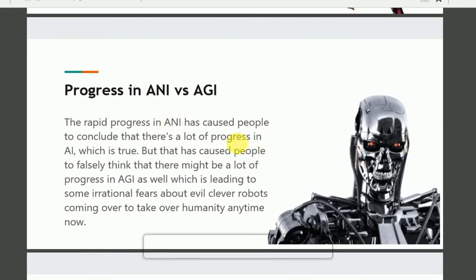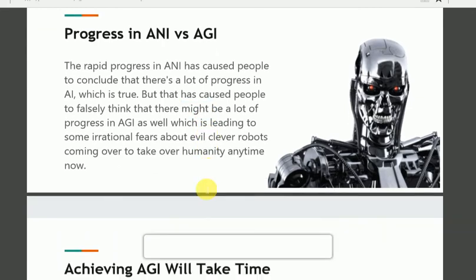What they are saying is that a lot of work has been done in AI, but much work needs to be done in AGI, which is leading to some irrational fear. Definitely there are fears that if we make a system equivalent to humans, there can be an evil clever robot coming over to take over humanity any time now. So definitely there is a fear of creating a robot that works like a human.